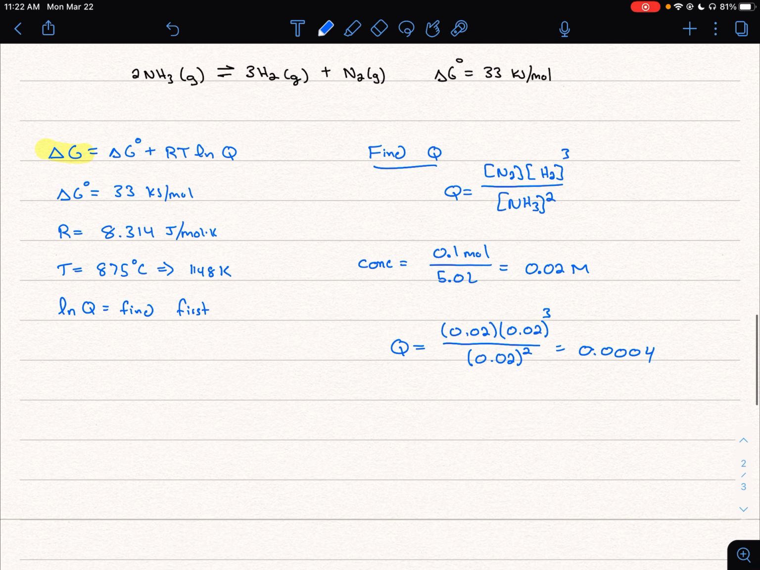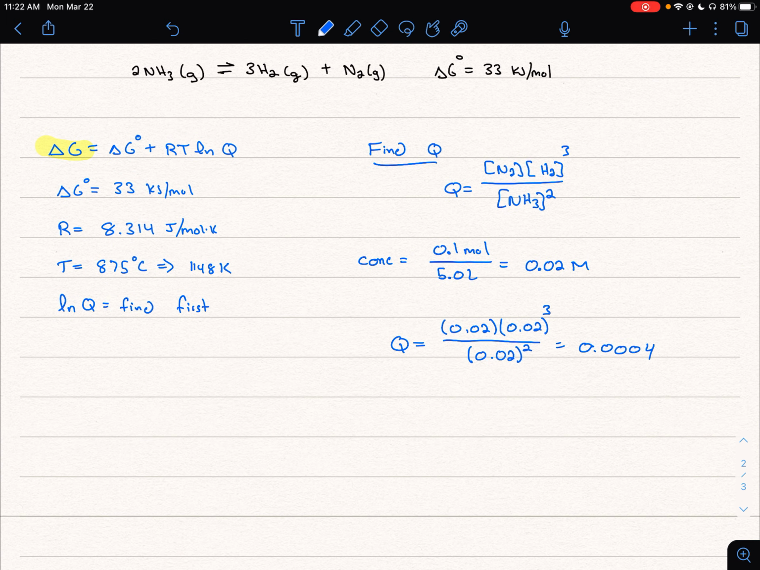Now that we have Q, we can come over to our expression. So I'm going to rewrite my equation. I'm going to start plugging things in. So we know delta G is equal to, now we have to be a little careful of units here. Notice delta G naught is in kilojoules per mole and R is in joules per mole. So we do have to be careful to convert one of our units. I'm going to switch this to 33,000 joules per mole